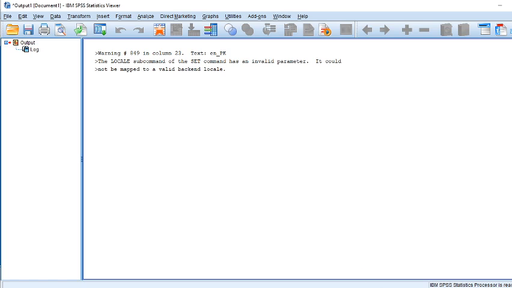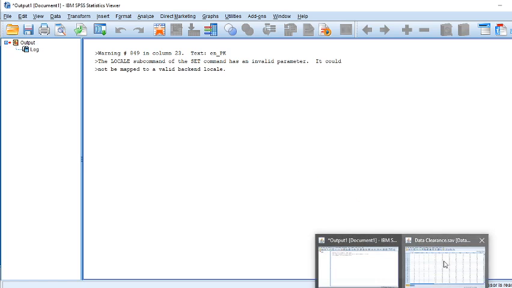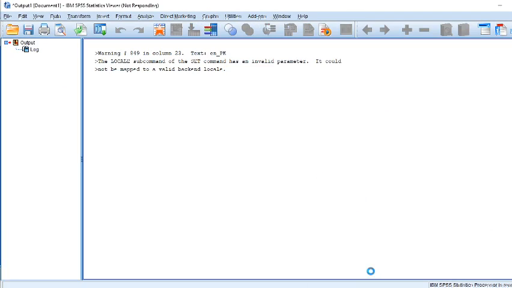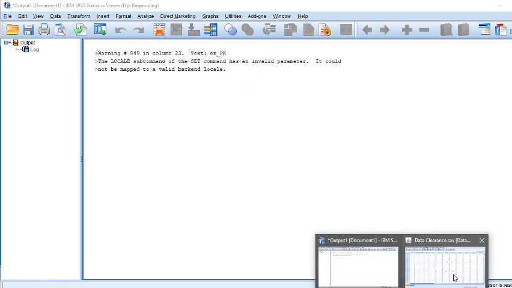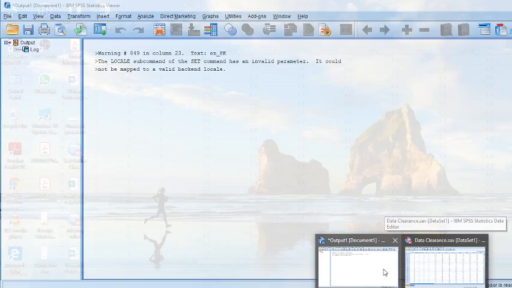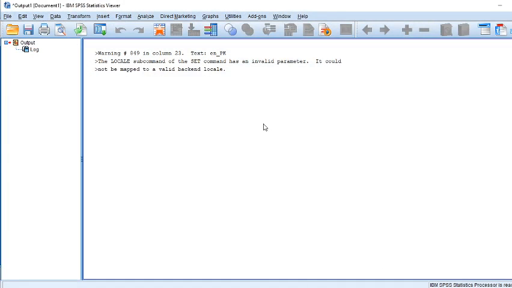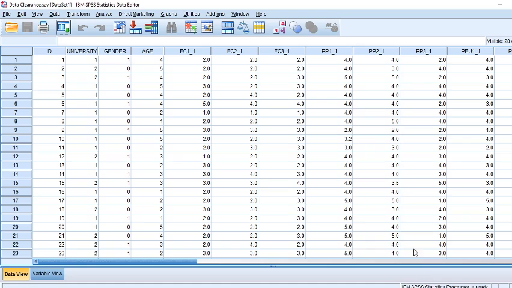No, I'm not going to open it again. Actually I clicked two times, that is why. This is the output file, but it is still not responding. Sometimes it happens with the software. I think it will respond right now. Okay, now it is ready.